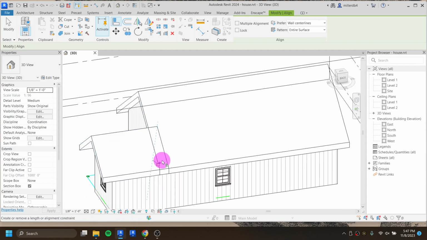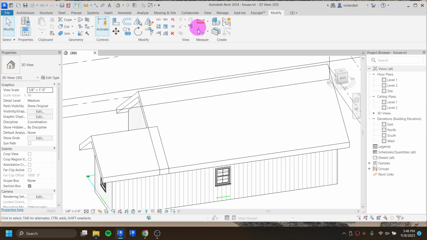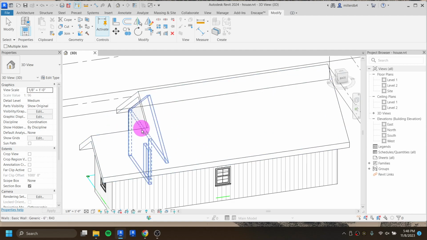but now my roofs are overlapping here awkwardly. So this is where I could use the join tool, which is up here in my modify toolbar. Since I'm still technically in the align tool, I can tell that because there's a little bar graph next to my cursor. But if I hit escape a bunch of times, my join tool is no longer up here. I can just go into the modify toolbar and use join. And I'm going to click on the two objects I want to join,